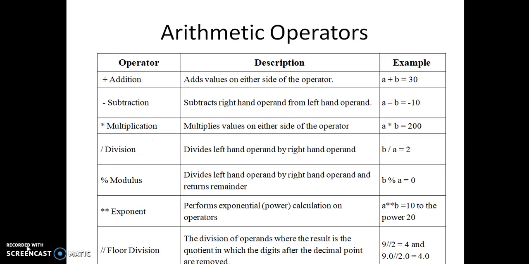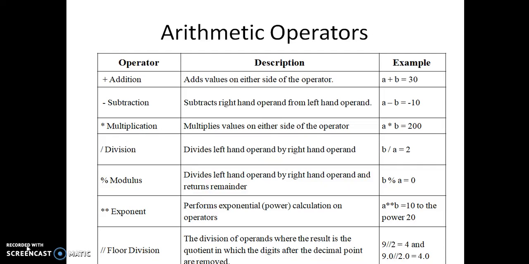Now let's look once again at the operators. These are the arithmetic operators. Whenever you use an operator as an arithmetic operator, if the two values are numeric values, then it acts like an arithmetic operator. Otherwise, the same operator can be used in other places for other purposes. But whenever the two values, that is a and b in a plus b, are numeric values, which may be float, long, double, or int, then it acts as an arithmetic operator.